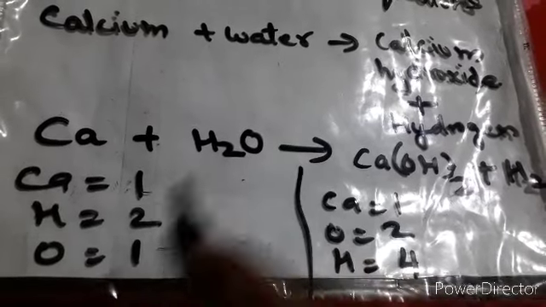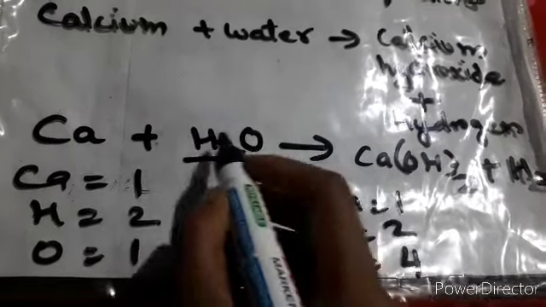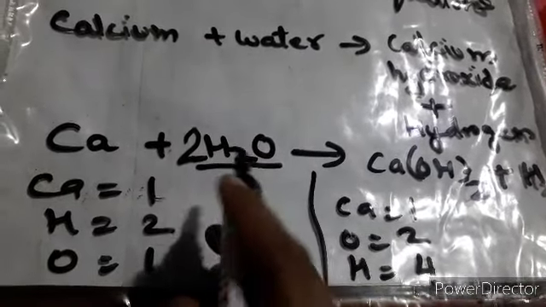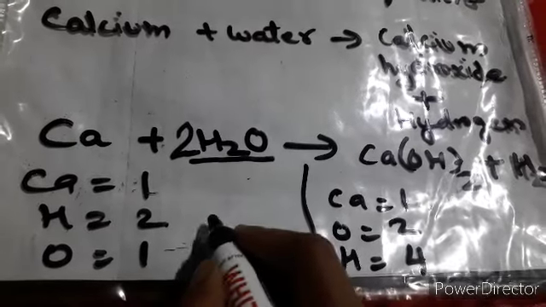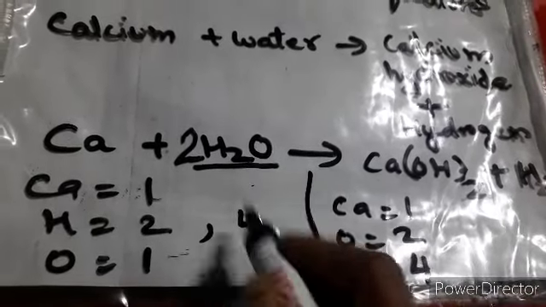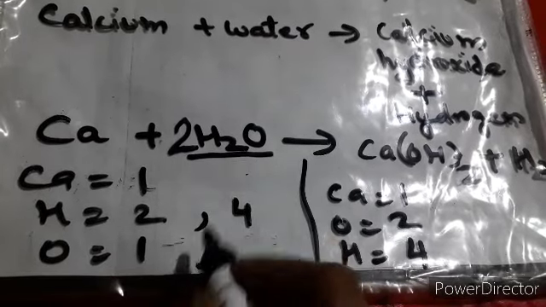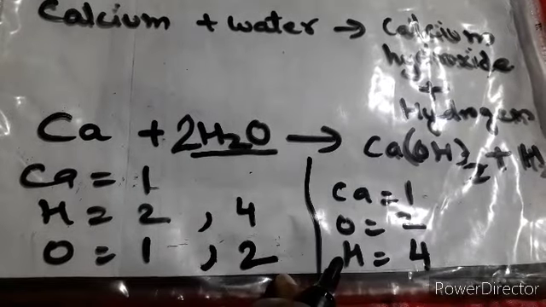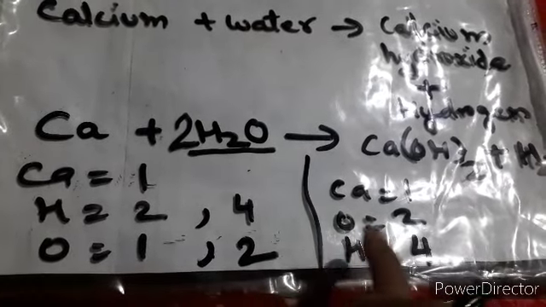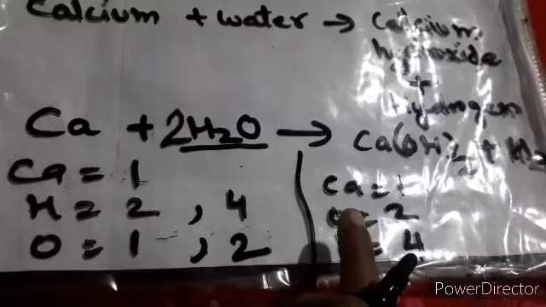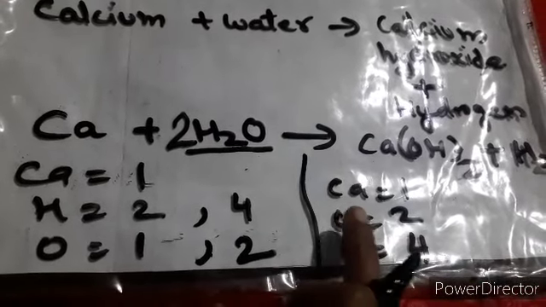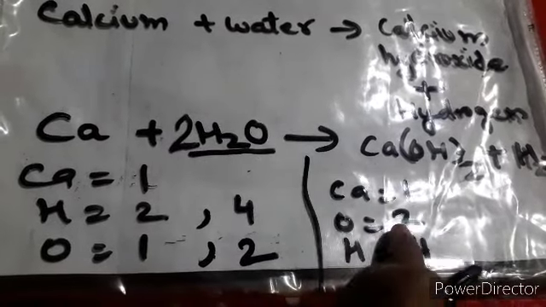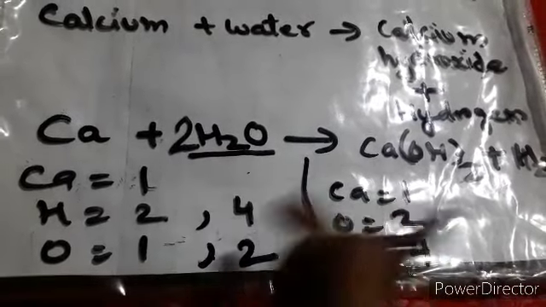It's better, what you can do, this is the part which you have to focus on: put 2 over here. I've already told you, you always start with the lowest number, and that is 2. So once you put 2 over here, you will see it changes: 2 twos are 4, and this particular oxygen changes, 2 ones are 2, right? So this way you can get the point. I have written different elements. You can use the same elements that I have already told you earlier. So if you want to change it, you can change it, no matter. So you can say hydrogen 4 is there, oxygen 2 is there, calcium 1 is there.